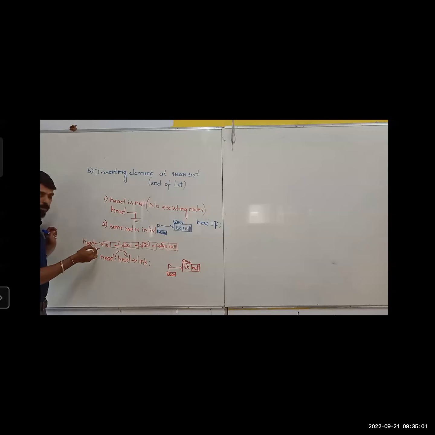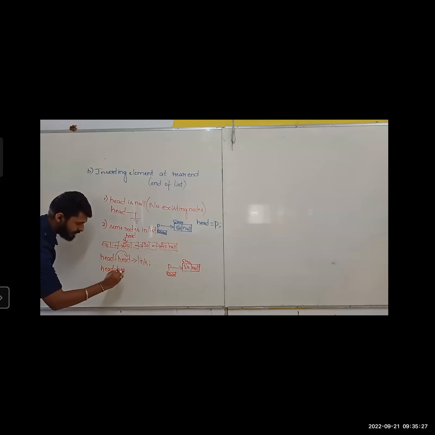So now what I've told, where exactly head's link is pointing, can anyone tell me? Head's link, it is pointing to here, means this box. So now my head will stop pointing here and it will start pointing to here. For one time. If I write it one time, it went to the next node. Again, I will write head equals head's